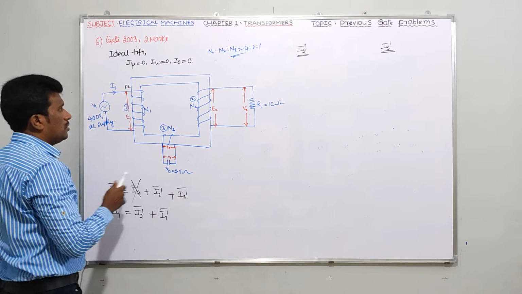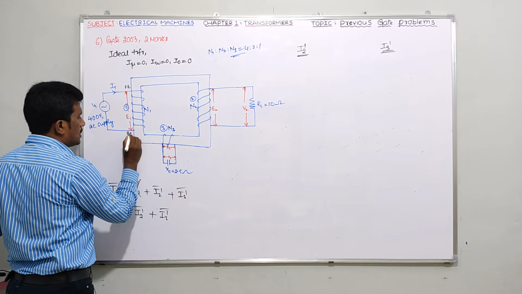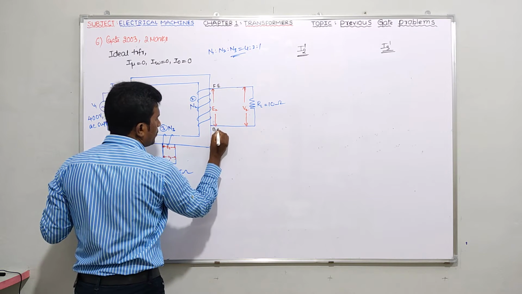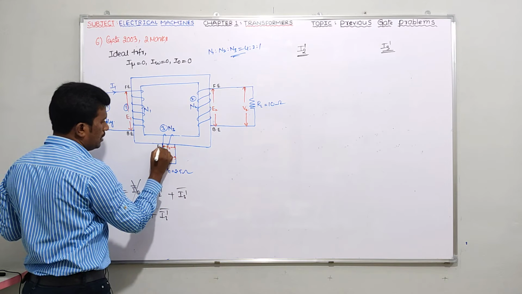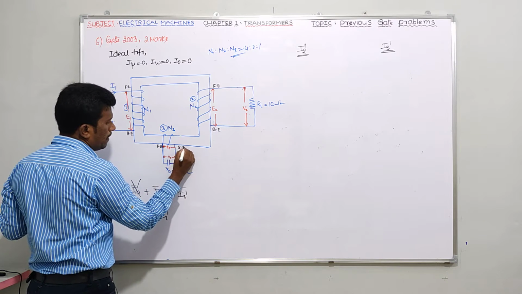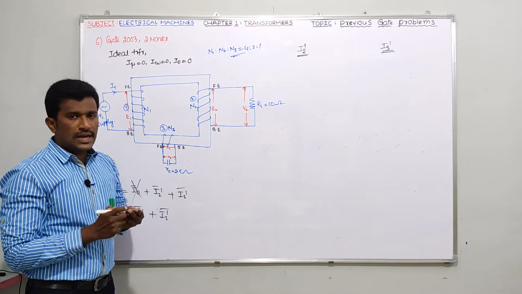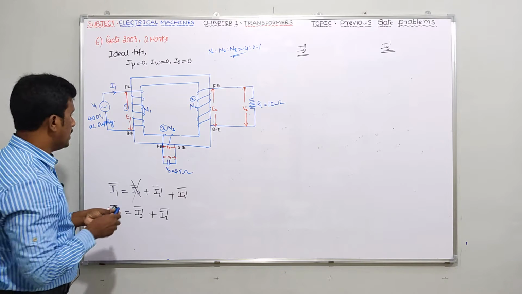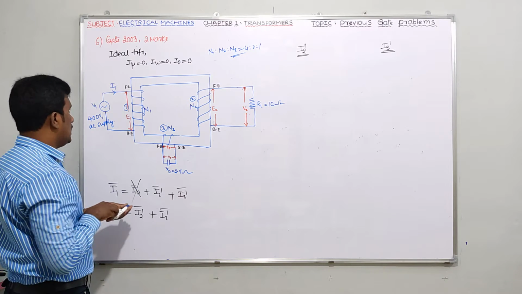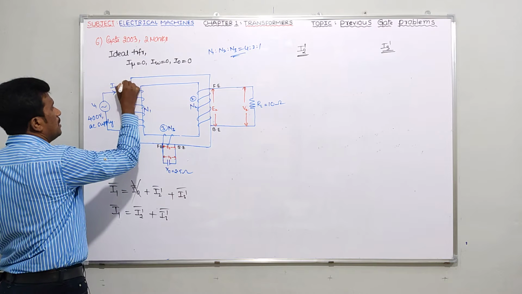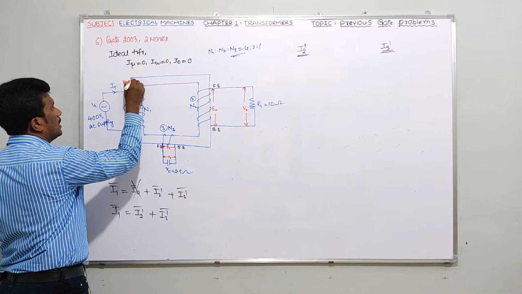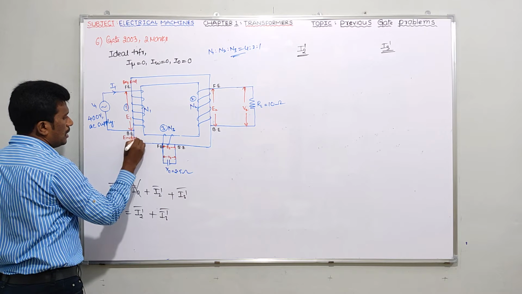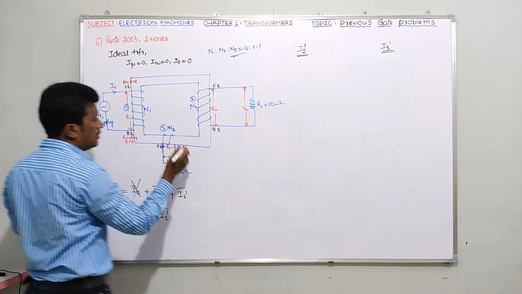Already I have given this, there is no need to explain every time. Front end, and this one is taken as back end. Here once again front end, and here can be taken as back end. And here it is front end, and this one, back end. I already told you in my discussion I had taken front end as beginning end. Please refer to the types of magnetic coupling, so you'll have some idea. If I take front end, I'm just taking it as beginning end, and back end I have taken as the ending end.